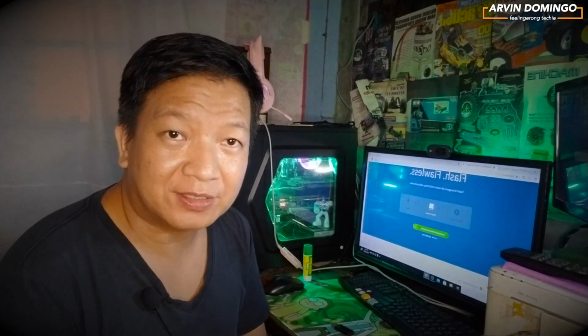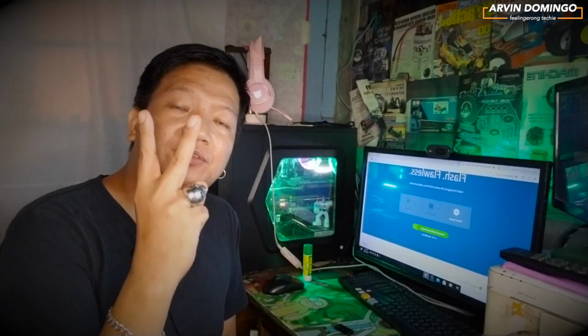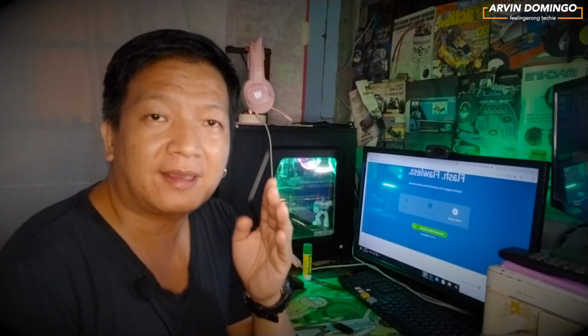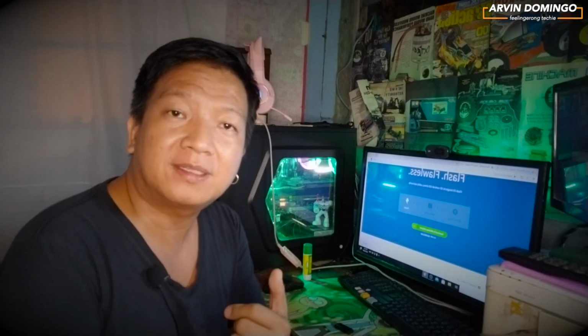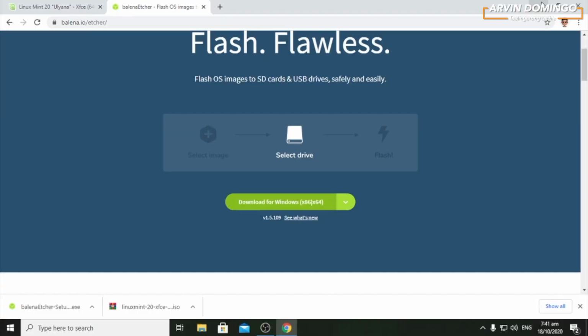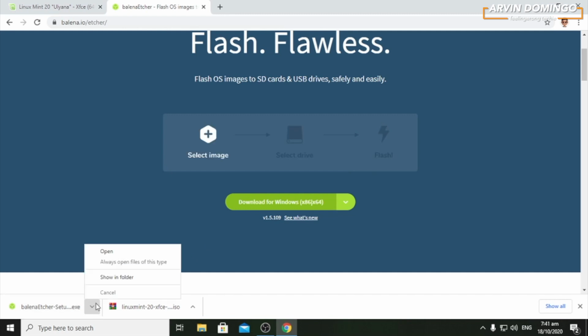Okay, so we have successfully downloaded the two software that we needed for this project. One is the Balena Etcher, and number two is Linux Mint XFCE. Let's go back to my desktop. Once we have downloaded the two software that I mentioned earlier, number one is the Balena Etcher, so let's